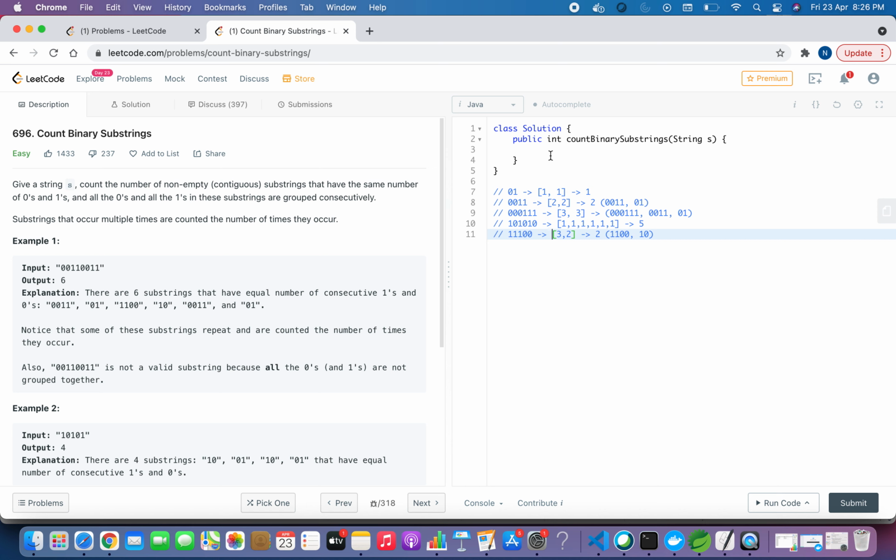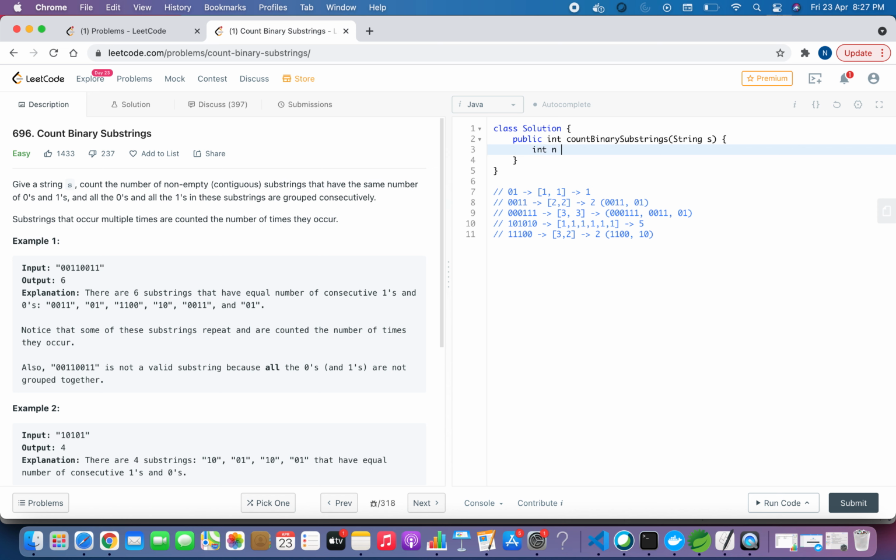But once the answer is calculated, we don't need those counts to be stored. At a time we only require two, the current count and the previous count. So we don't even require an array. We can just use two variables.